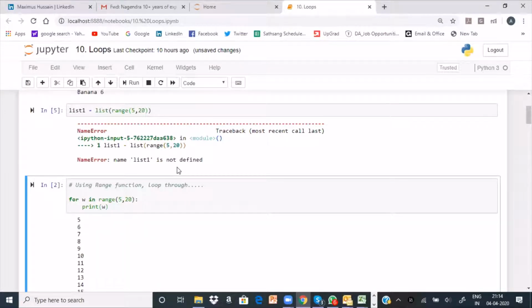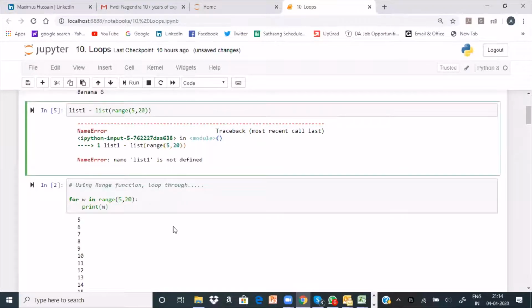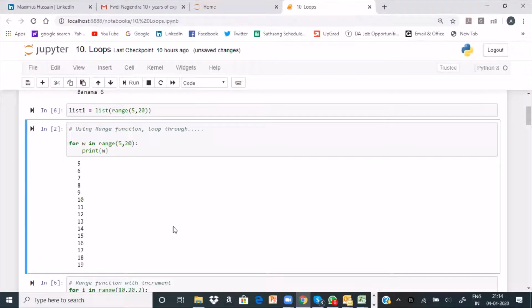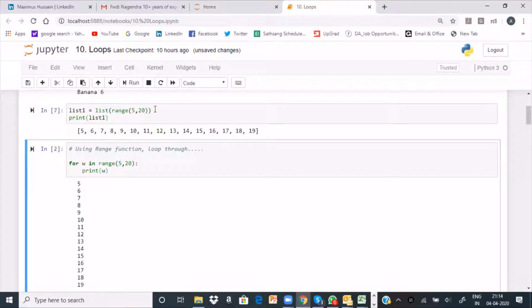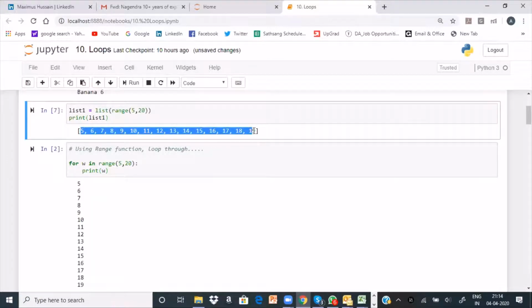Name list one not defined. So what? Oh, equal to. Yes, you are right, Pradeep. Let me take my word back. Yes, the last value will be excluded. Okay. Even sometimes I also make mistakes. Thank you for pointing it out.